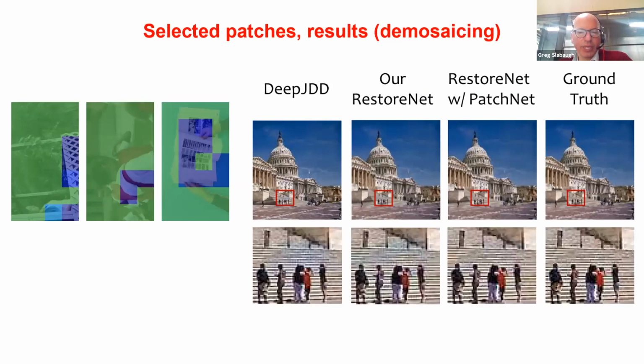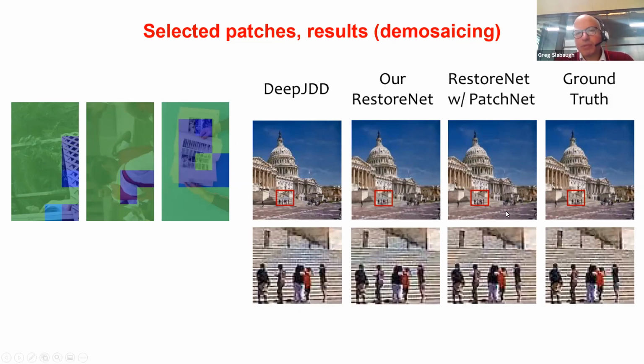So here's just a quick example. On the left, you see a visualization of the patches that PatchNet is focusing on. We've got it in a pseudo-binary fashion here. The bluer patches are the ones that PatchNet is selecting. It thinks that these are good patches to train on. And the green regions are places where it thinks maybe it's not so useful for training at this stage. And I should say the training is done online. So as the algorithm progresses, the patches it's selecting are changing on each epoch as we go through the data.